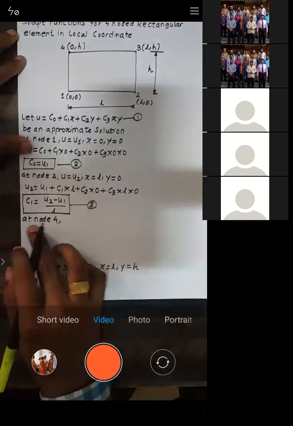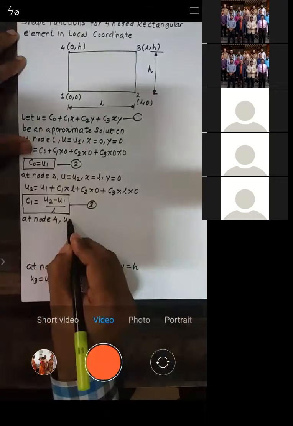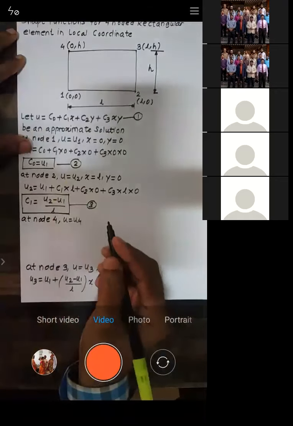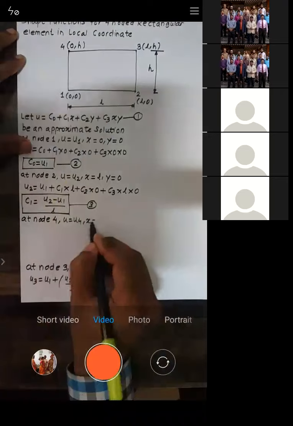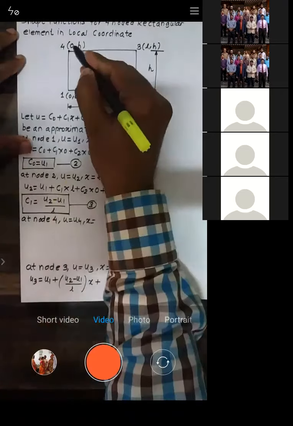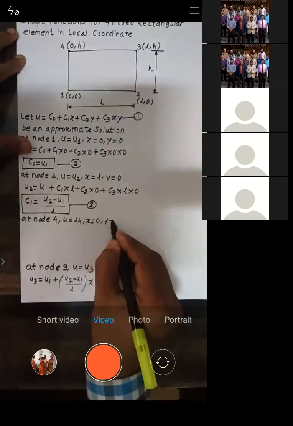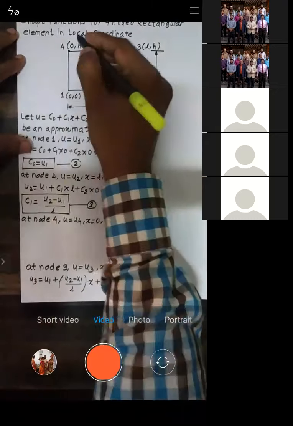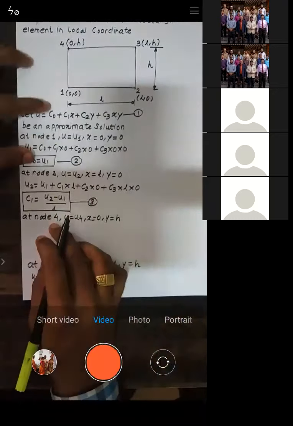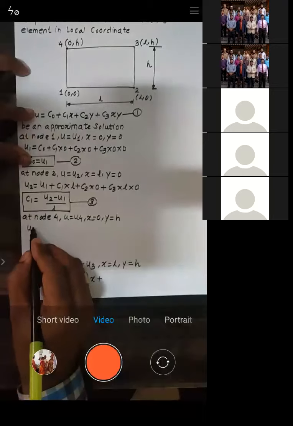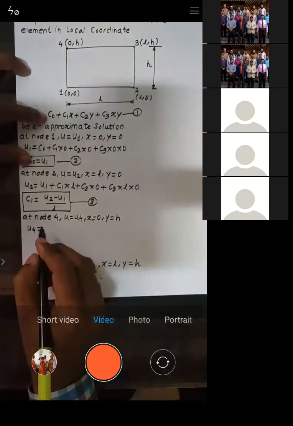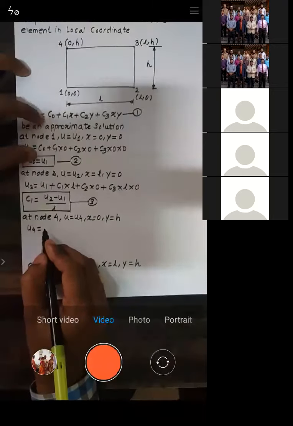See here, all of you. At node 4, what is the value of displacement you will get? U is equal to U4. At node 4, displacement is U4. What is X? It is 0. What is Y? It is H. See here, Y is H. So let's put this value. U is equal to U4, which is equal to C0, and C0 is U1,